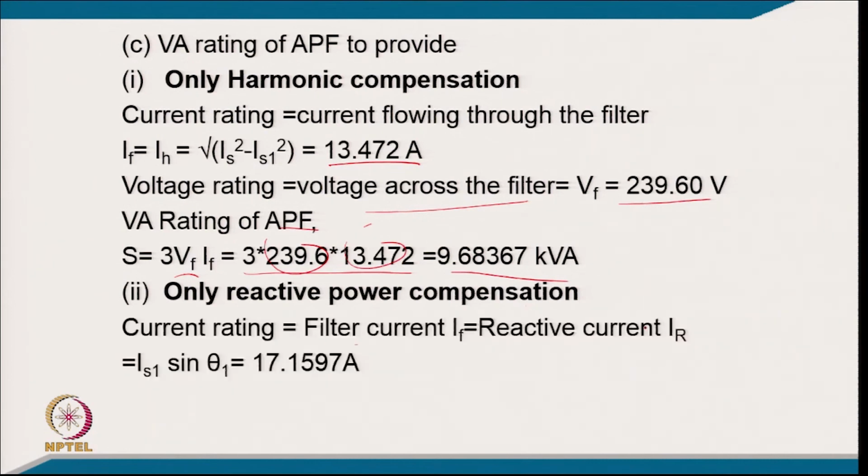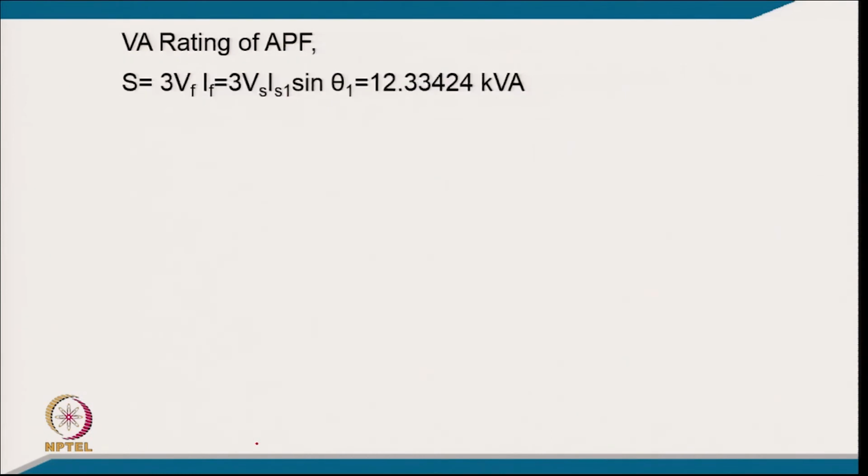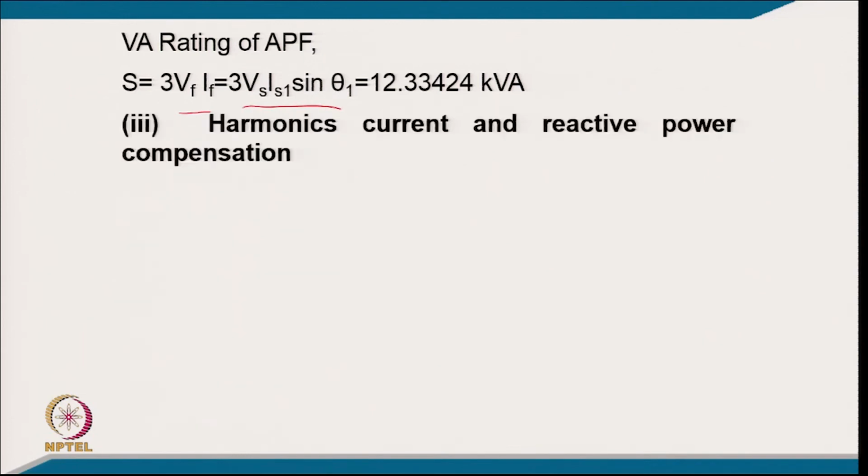Now only reactive power compensation. The reactive current is Is1 sin theta 1, so it comes to 17.1597 ampere, and the voltage rating is the same as the PCC voltage, that is 239.6 per phase. The VA rating 3 Vf If is 3 Vs Is1 sin theta 1, which comes to 12.33424 kVA. Now, if we want to do both harmonic current and reactive power compensation,